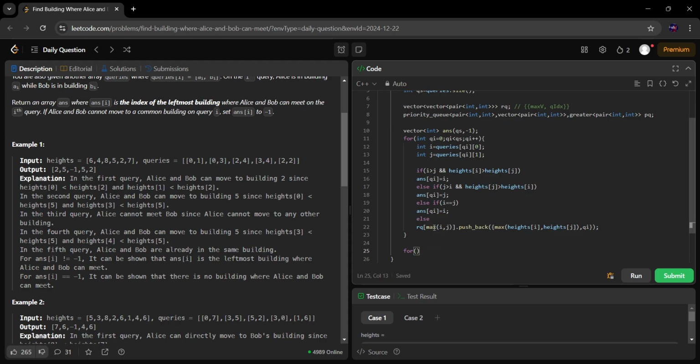So we are pushing it at the jth index, right? At max the index J can be up to n length because we are pushing the indexes for this query. So at max the query can be of length J, because the index can lie between 0 to n minus 1. So we'll be going across that,